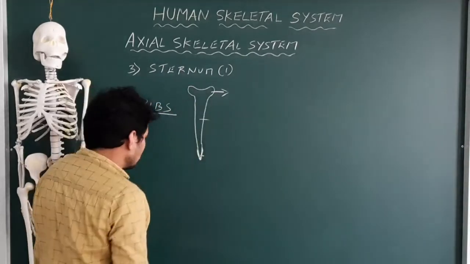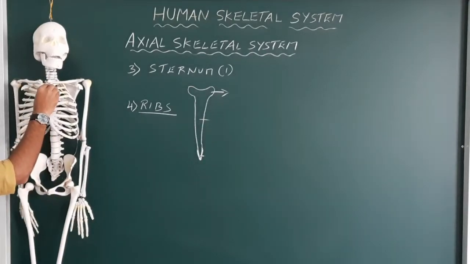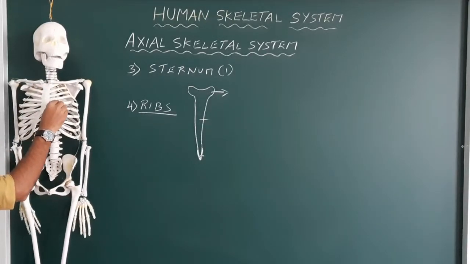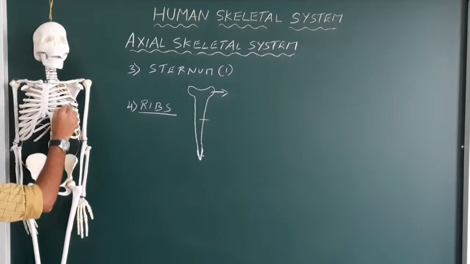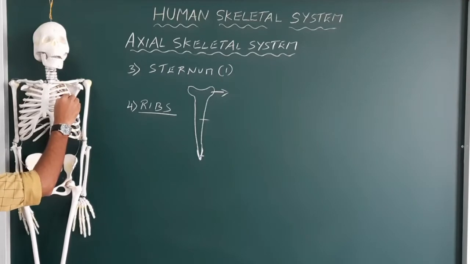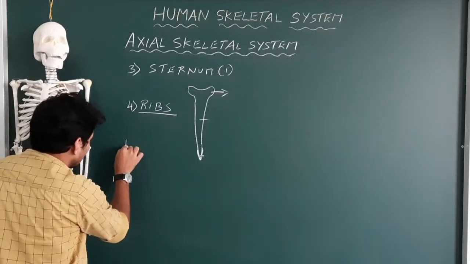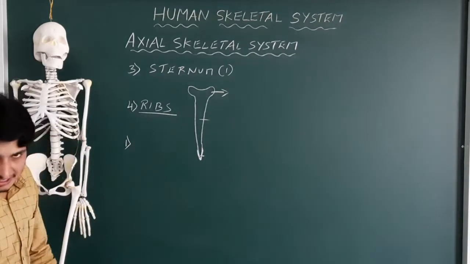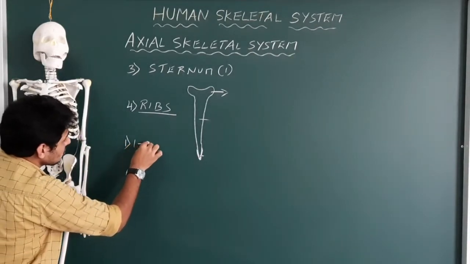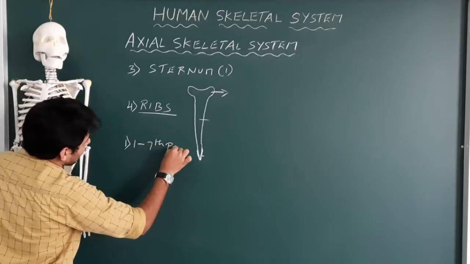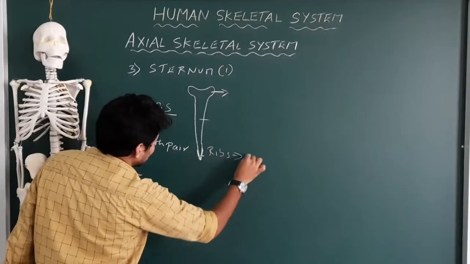If you start counting the ribs, you can count them here. This is the first pair of ribs: 1, 2, 3, 4, 5, 6 and 7, correct? So this is the 7th. Again, 1, 2, 3, 4, 5, 6, 7, the first 7 ribs. Ribs can be classified into 3 types. I'll tell you. The first sub pair, that is from the 1st to the 7th pair of ribs, are directly attached.